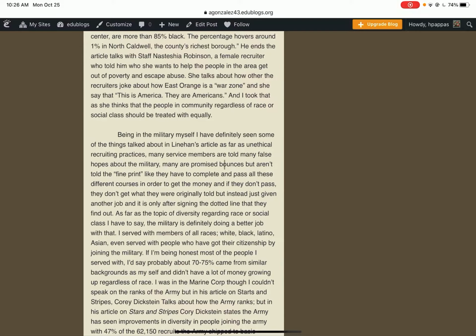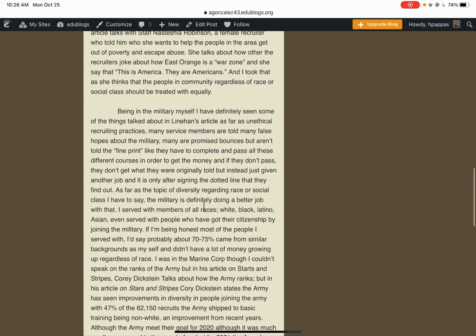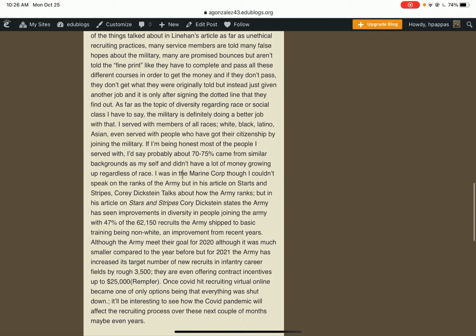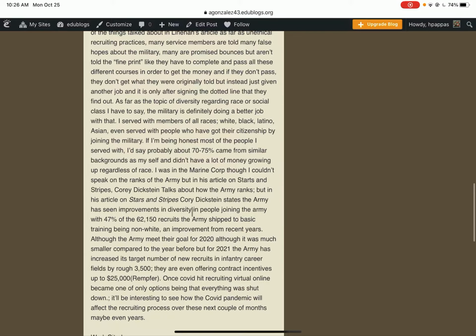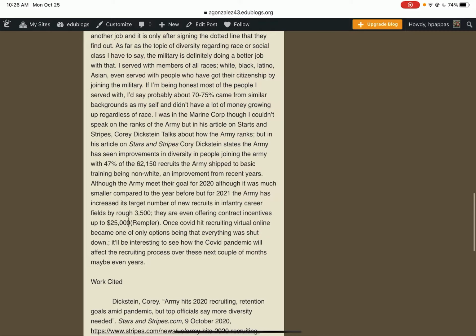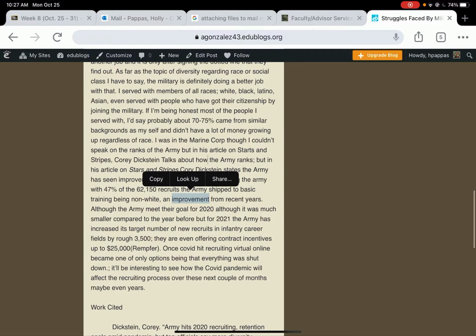So he used some of his own experience, but he also did some research here, finding this article by Corey Dickstein in Stars and Stripes, and there's another source down here. So he's using in-text citation, identifying the source with parentheses and the author's last name. In this case, he gives the author's name in his text, so he doesn't need to use the in-text citation.